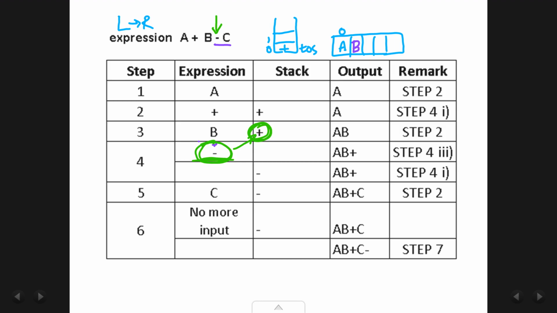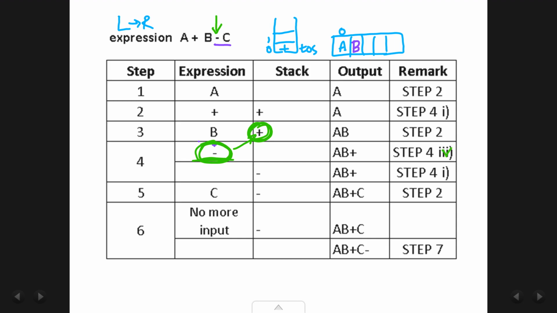Go to step 4.3. It says if input has a higher priority than the top of the stack, does it have a higher priority? No. So you cannot do step 4.3. So instead you will do step 4.4.